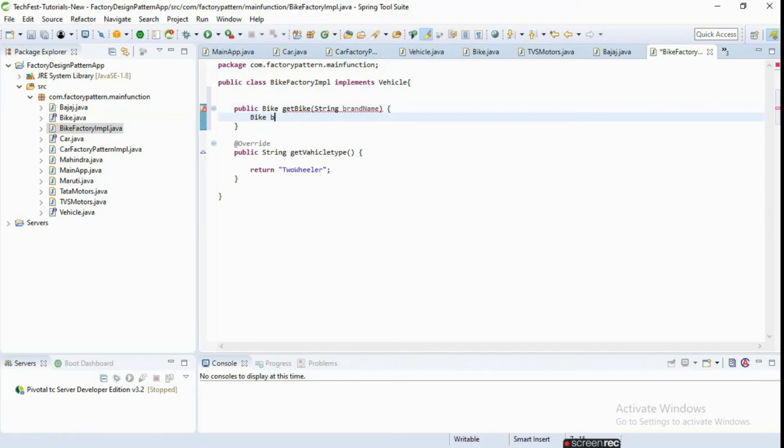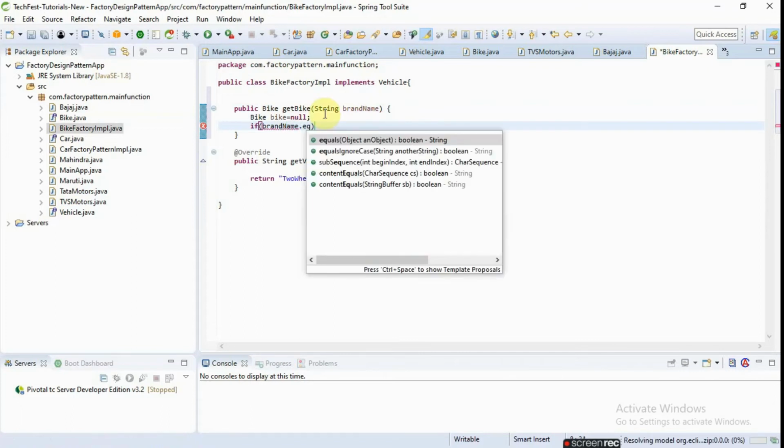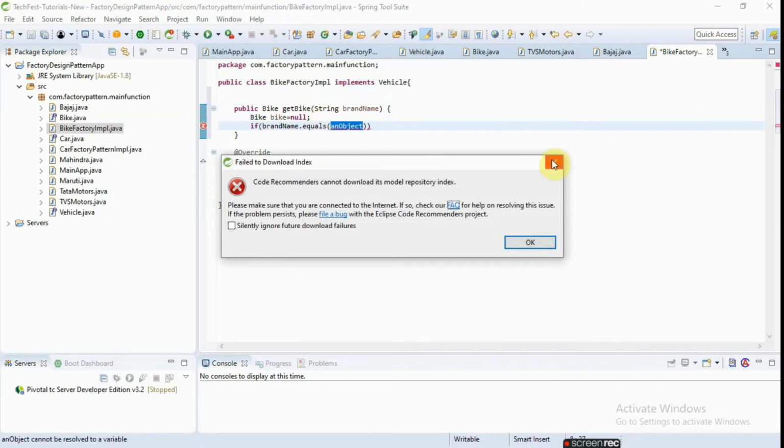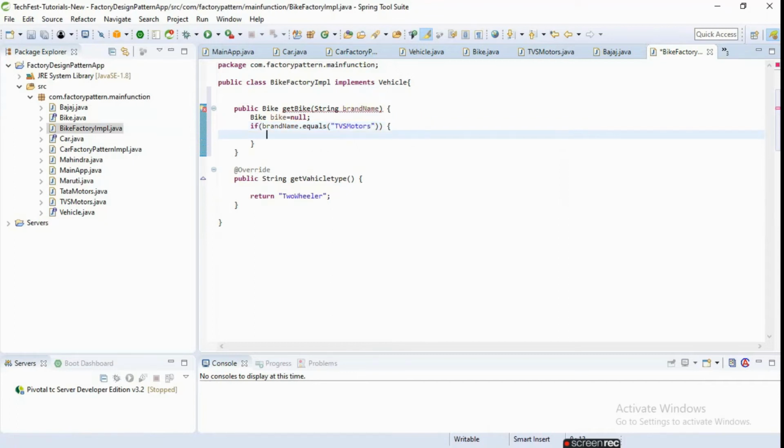For that we are initially returning a bike as null and creating conditions: brand name dot equals, if we are passing TVS Motors, we initialize the bike reference with new TVS Motors.